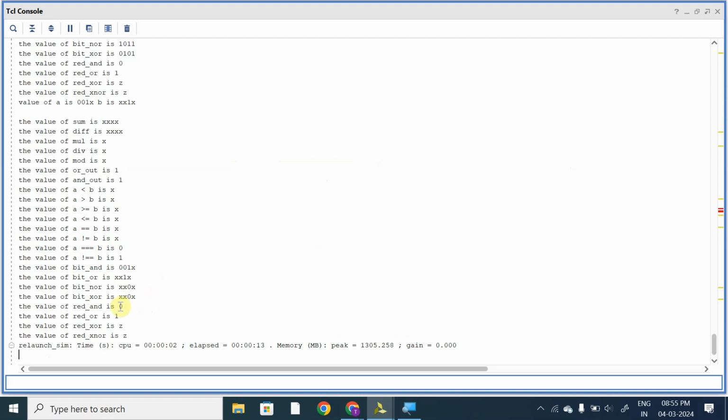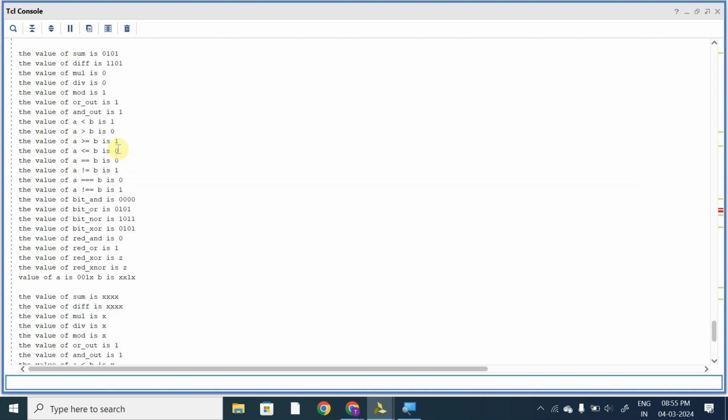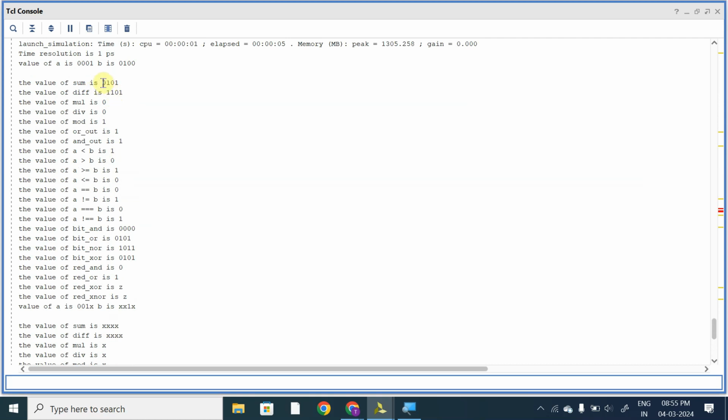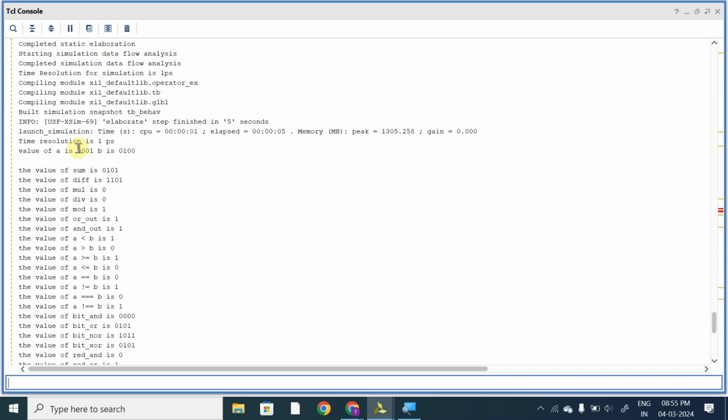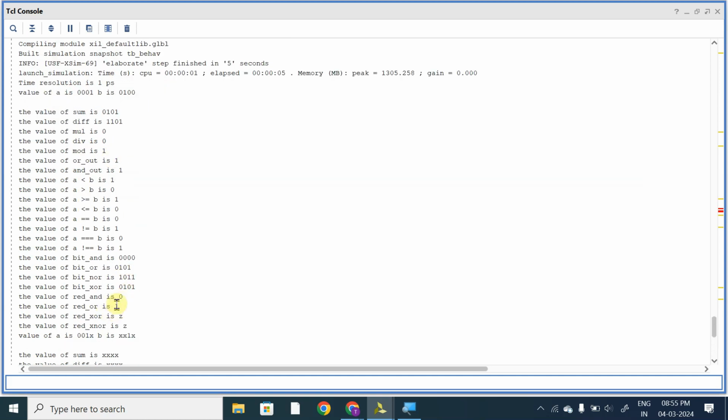So at the output we can see reduction_and is equal to 0. This is our first case. I'm performing AND operation on A, that is 0001. So reduction_and is 0, since it will perform AND on each individual bit of the number. 0 AND with 0 is 0, and 0 AND with 0 is 0, and 0 AND with 0 is 0. So output will be 0,